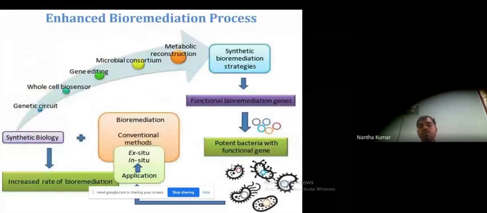Then how can we enhance this bioremediation process? There are advanced technologies. We can enhance it with synthetic bioremediation strategies also. Functional genes are responsible for the production of effective or specific enzymes that target the compound for degradation.